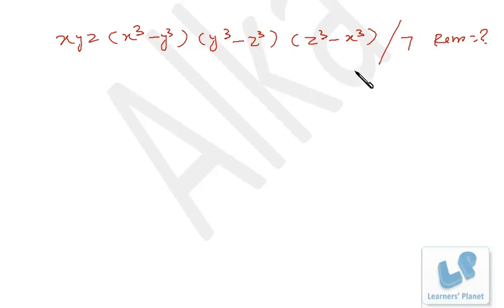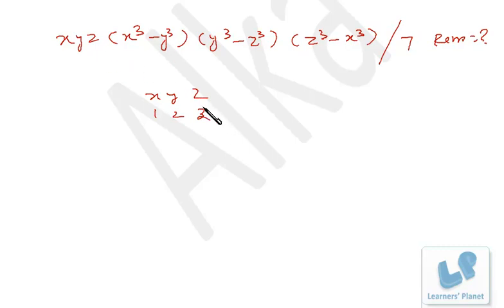Never ever take the values as 0, any of them. So I take x, y, z as 1, 2, 3, the easiest values. And if you take them distinct from each other, you will not be making mistakes. If two are the same, then you'll be getting a 0. So take them different from each other.